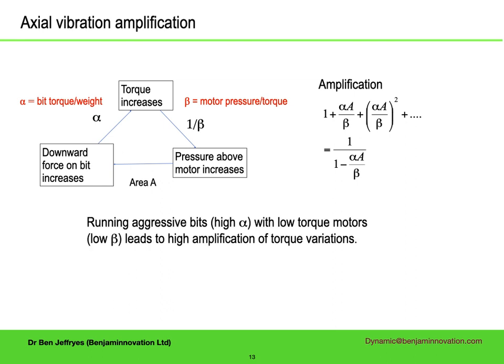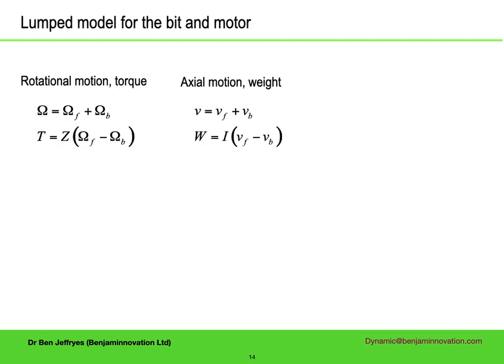In particular, it means that running aggressive bits with low torque motors can lead to much higher levels of torque fluctuation. Remember, it's the pressure above the motor that matters, not the pressure drop across the motor. So the effects I talked about earlier actually help here. We can combine a motor model with a bit model to see what happens when an axial, rotational or fluid